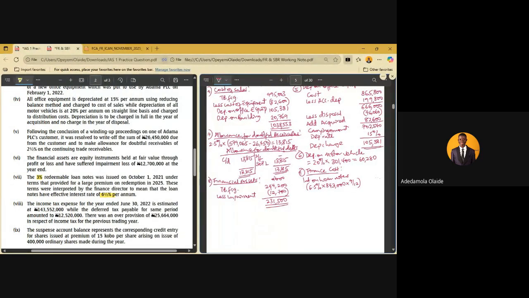What do we have? That's 41,096. That's the accrued interest on the loan notes. Are we getting it? However, note 10, the 3% redeemable loan notes